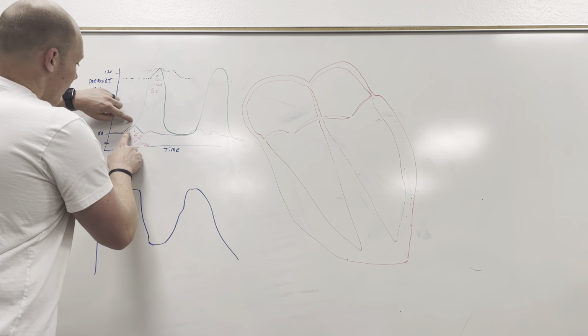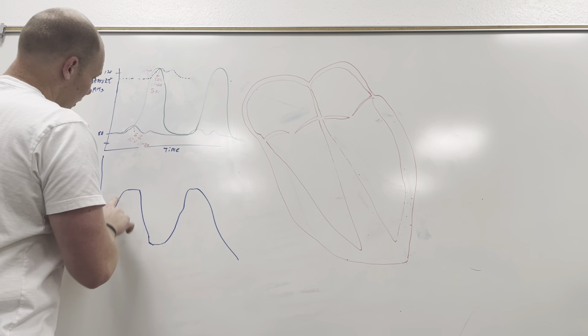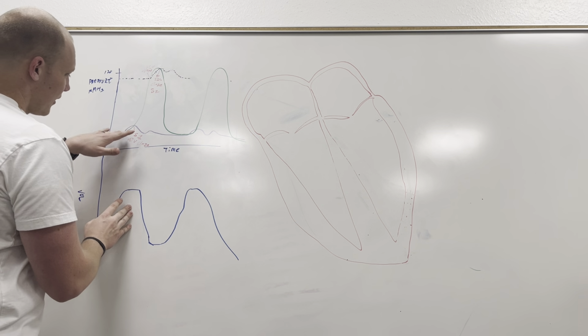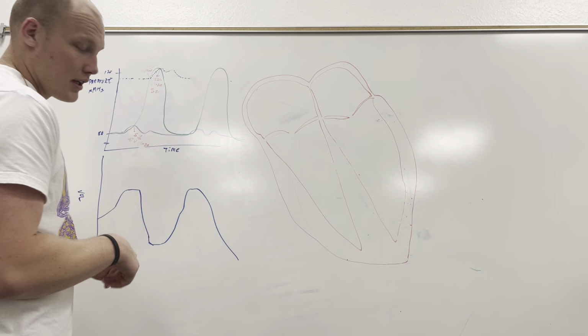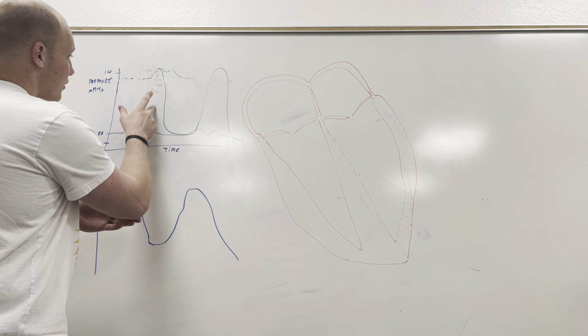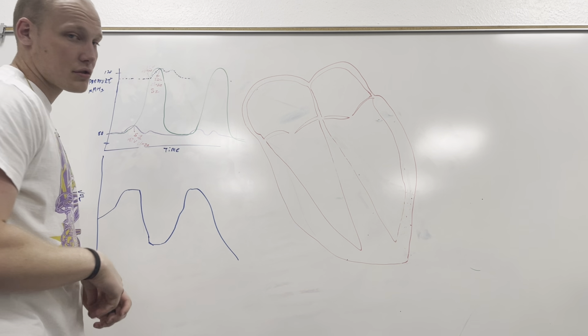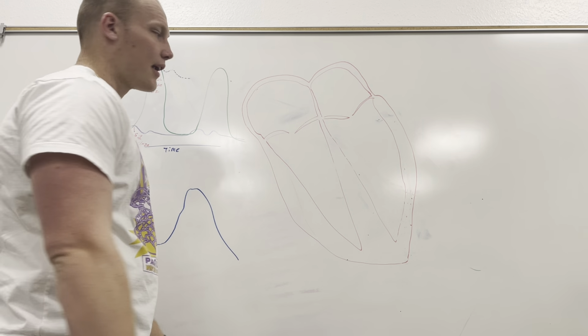So we have diastole, where the ventricle is filling up and the atria pumps that last little bit there, and then we have systole, where the ventricle is pumping that blood out, and we're getting